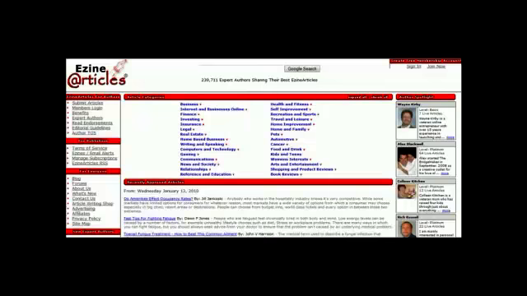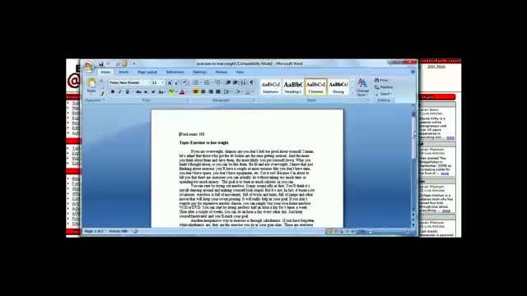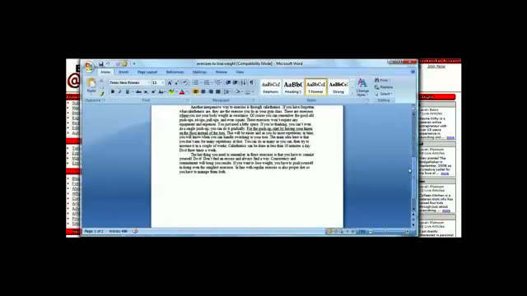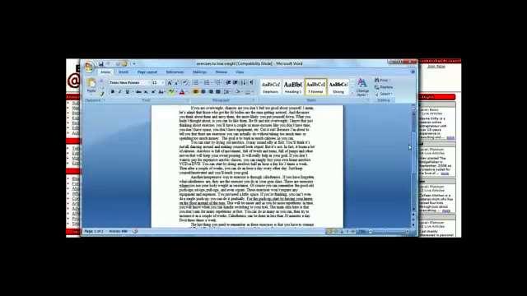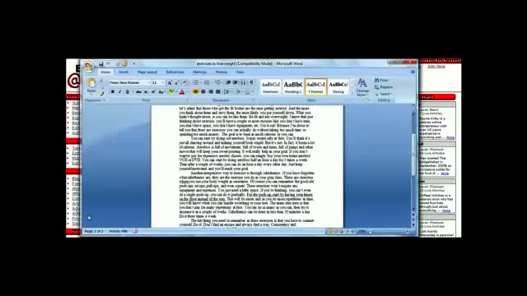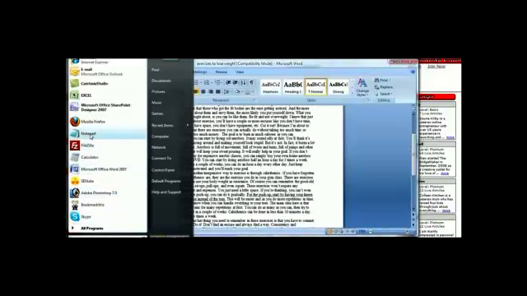In this video, we're now going to go through the process of submitting the article. But first, before we do that, we need to actually create a resource box for our article. So what I recommend you do first, though, is you go to your Start menu and you open up Notepad,